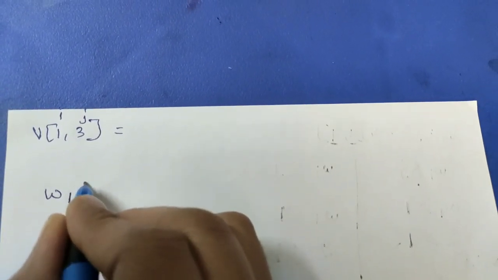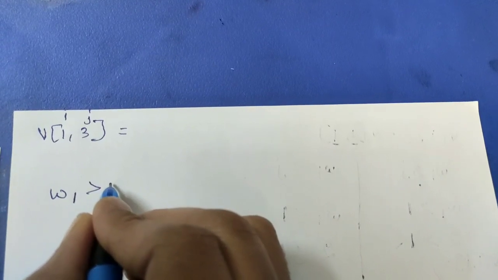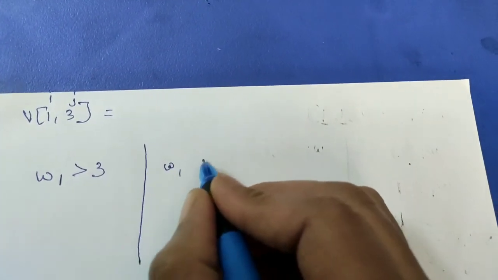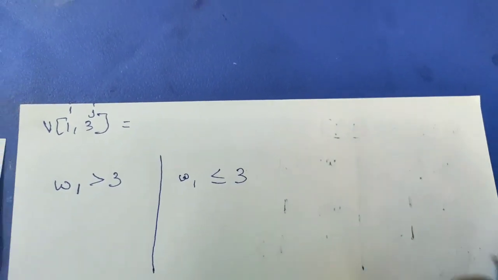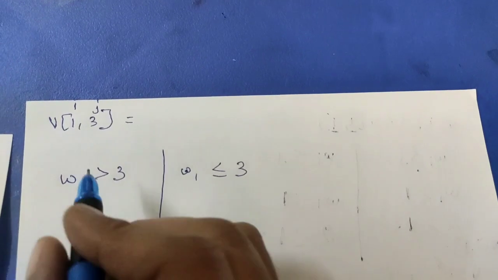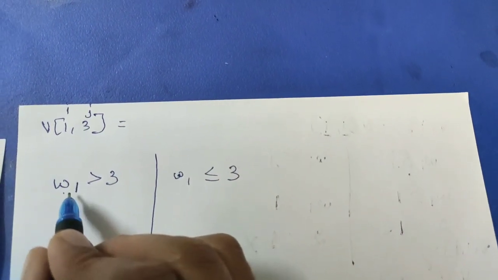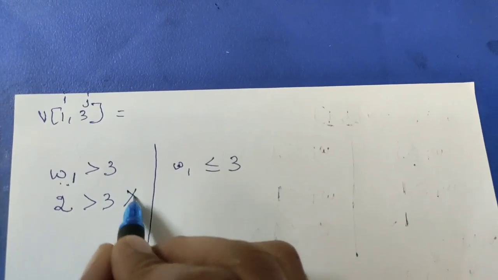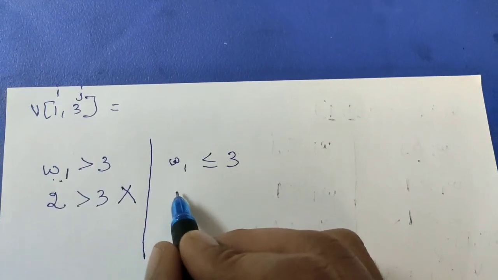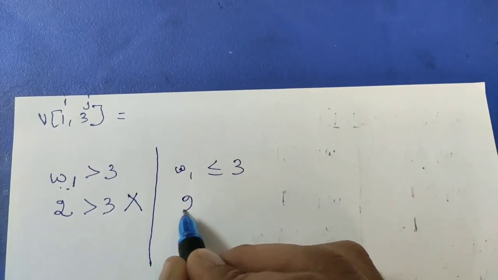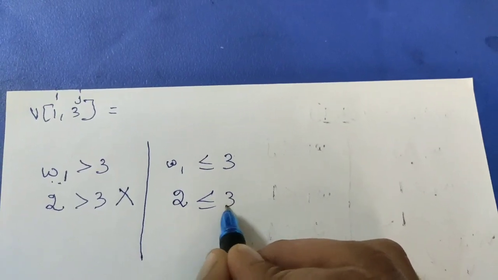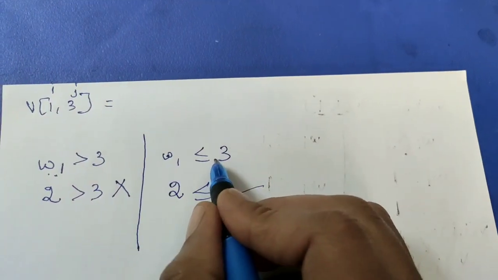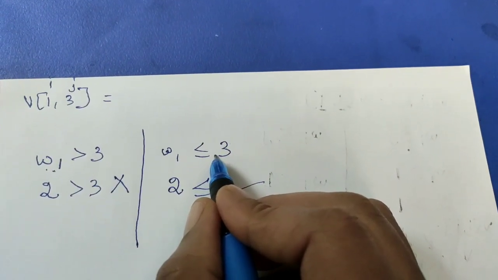Check whether the weight of item 1 is greater than the knapsack capacity, that is, the j value 3, or whether the weight of item 1 is less than or equal to the current knapsack capacity 3. What is the weight of the item to be processed? Is 2 greater than 3? This condition is not true. Let us check the other condition. The weight of item 1 is 2. It is less than or equal to the current knapsack capacity 3. This is true. So if this condition is true, I have to select the third formula.